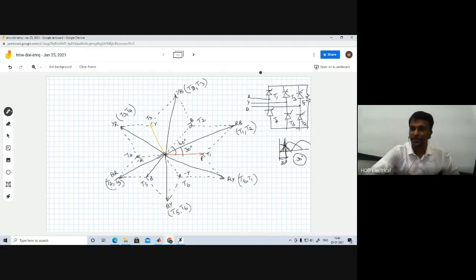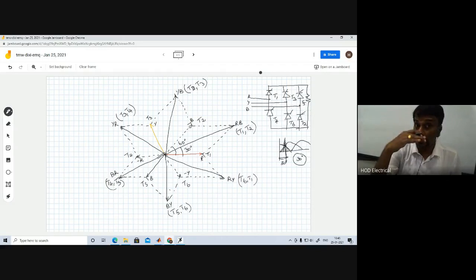This is thyristor will start to conduct. So now, like I already told you, zero crossing will not help you to switch on the thyristor. Only it has to go beyond the crossover point. So crossover point of every phase will start from 30 degree. We already know from this vector, this is the 30 degree.